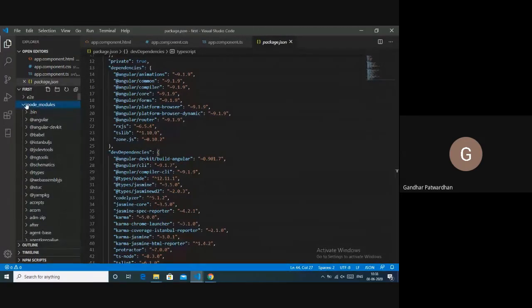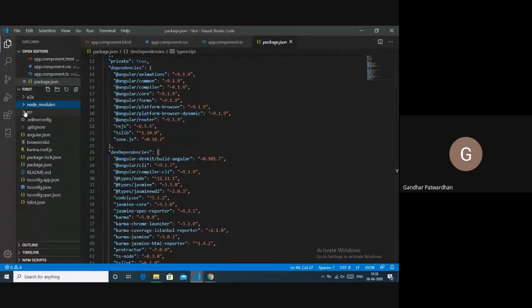Many times what happens is that if there is an issue with internet or some permission issue or some kind of issue, right, this node modules is not populated properly, or it does not have all the packages downloaded, right. So sometimes we need to take care of that. So we'll come to that later.